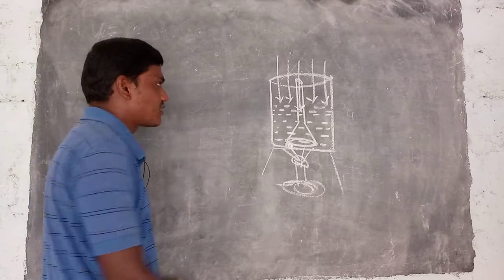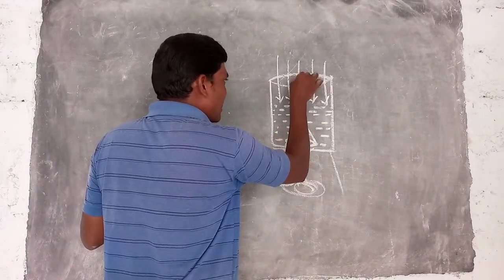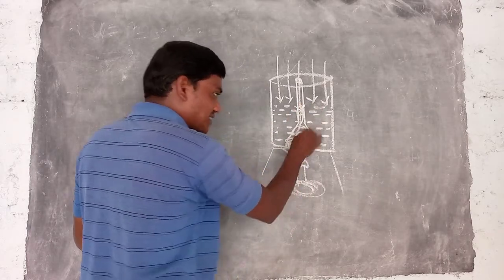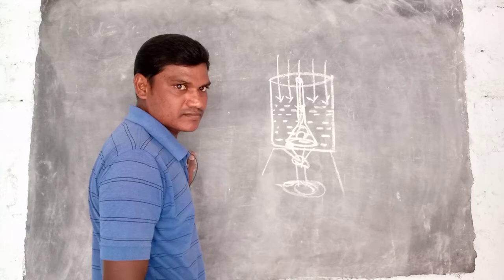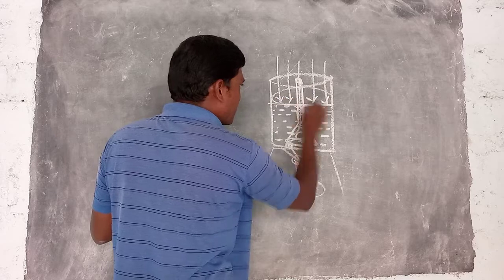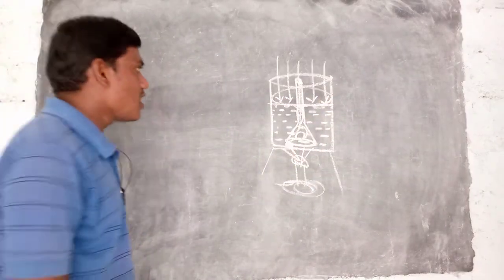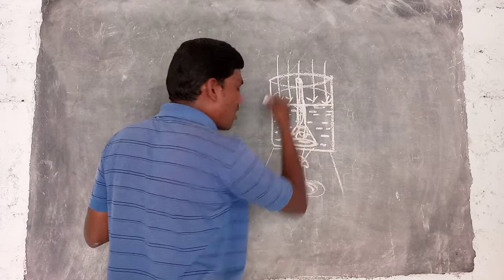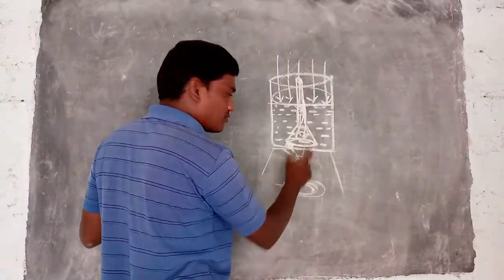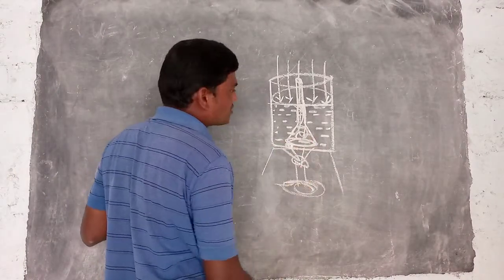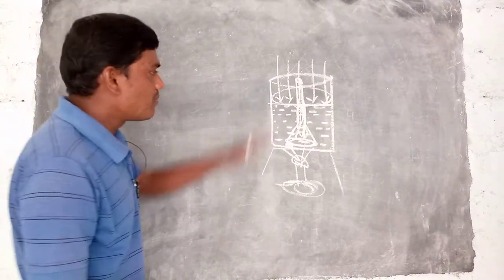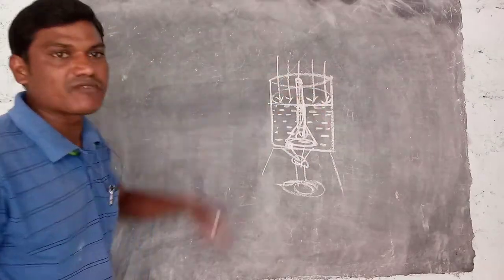Why? Because the funnel mouth is very small, and already in the funnel a little volume of water is present. The pressure acting on the funnel and on the beaker is the same. Due to the lesser volume of water here, we supply the same heat energy to the water. Two concepts will be explained in this. First, a lesser volume of water is present inside, but the pressure is the same on the beaker and on the funnel.